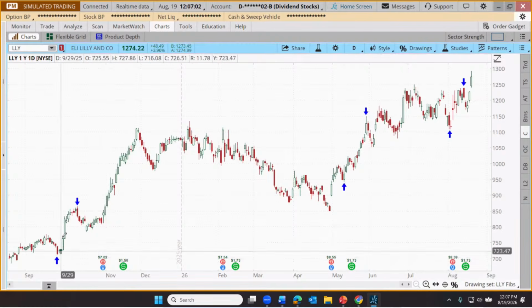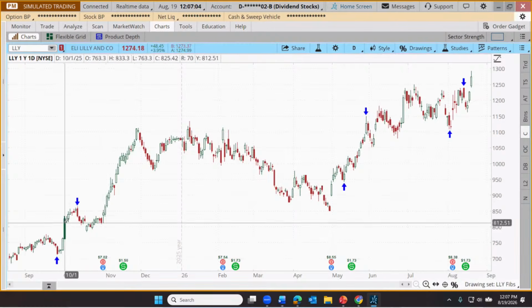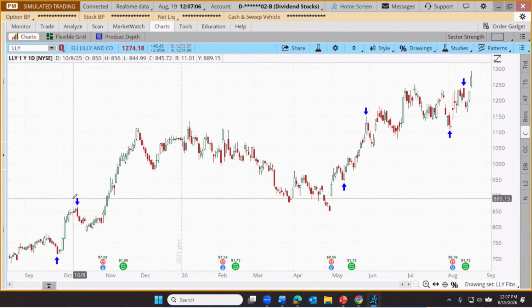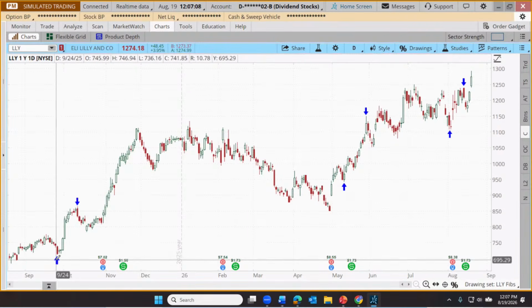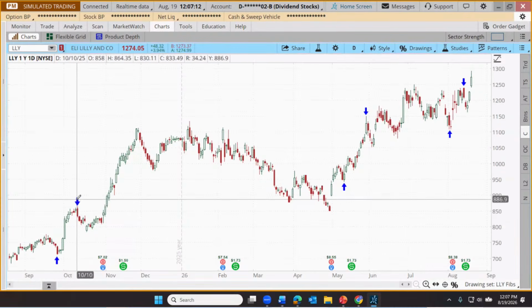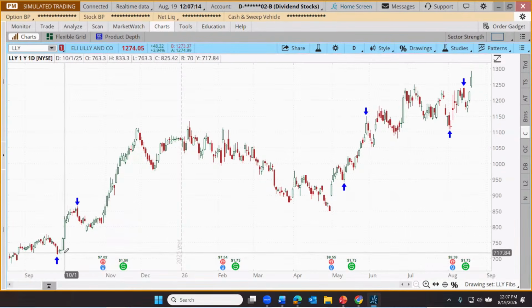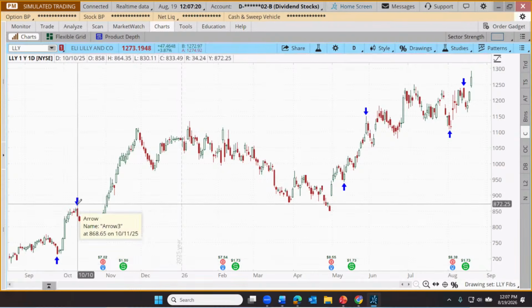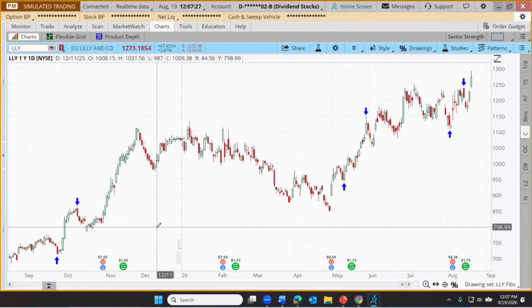And what you'll see are these pairings of 2 arrows, one up, one down. And really all those are doing are identifying areas where Eli Lilly has gone for a particularly strong move in a particularly short period of time. And that's a typical time when this tool is recruited. When there's a strong move up in a bullish stock or a strong move down in a bearish stock, then the trader might use this drawing tool to identify potential price floors and price ceilings.